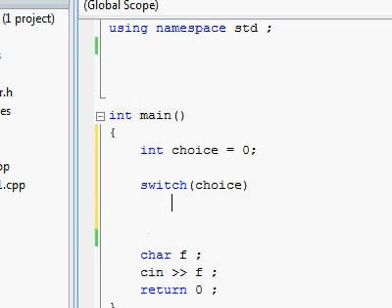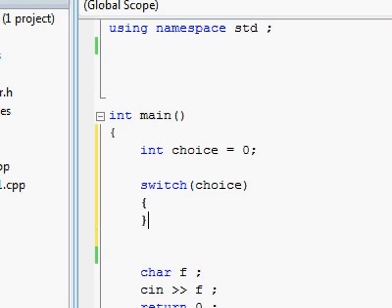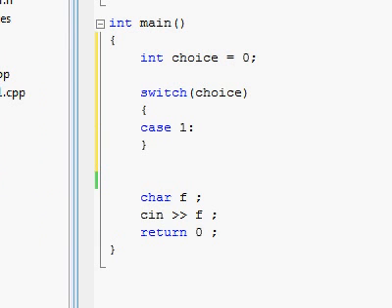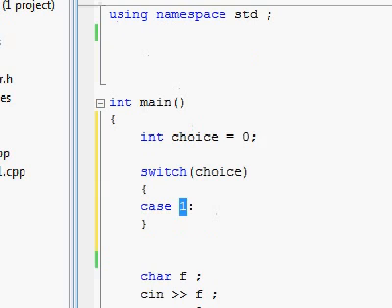How does it work? So here we go. Opening brace and closing brace, and inside over here you can start organizing all of your different cases. So going on with the example that you have a main menu with 10 different games you can choose, here's how you would probably do it. Case 1 and then a colon. So this basically means that in the case that choice evaluates to 1,